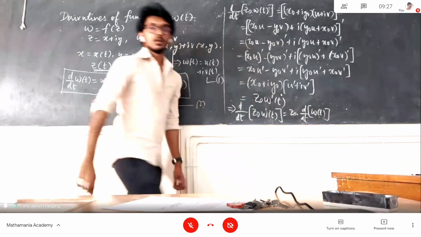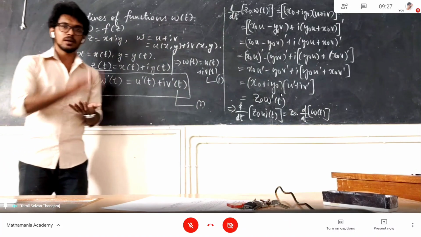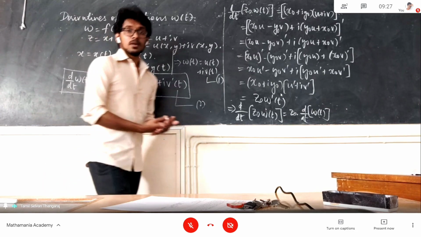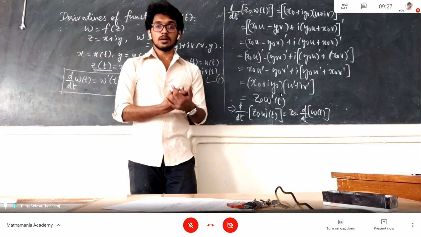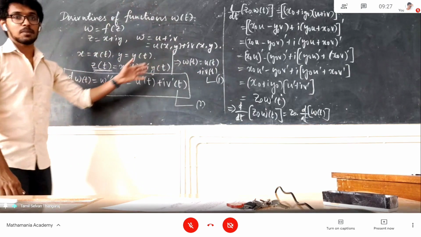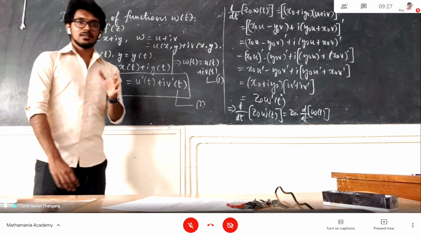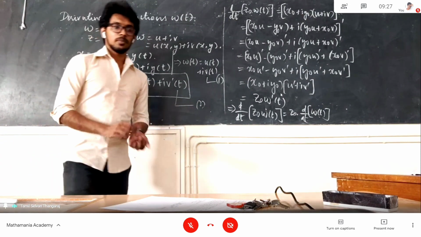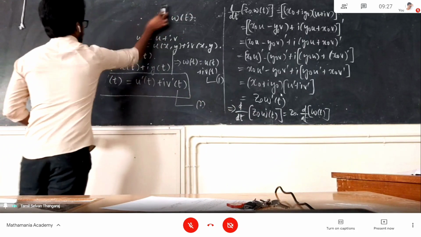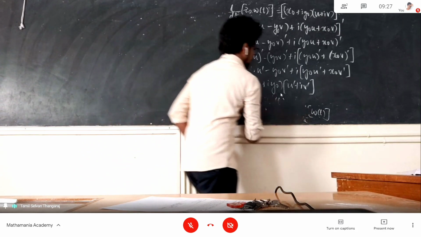When you multiply by some scalar and do the differentiation, it is similar to performing the differentiation and then multiplying by the scalar. The same thing we have studied, observed and proved in the course of real analysis. Exactly the same is happening in complex as well. So this is the ideology that I wanted to tell you, and I have done it, I hope. Next, we'll proceed and explore a few more properties.